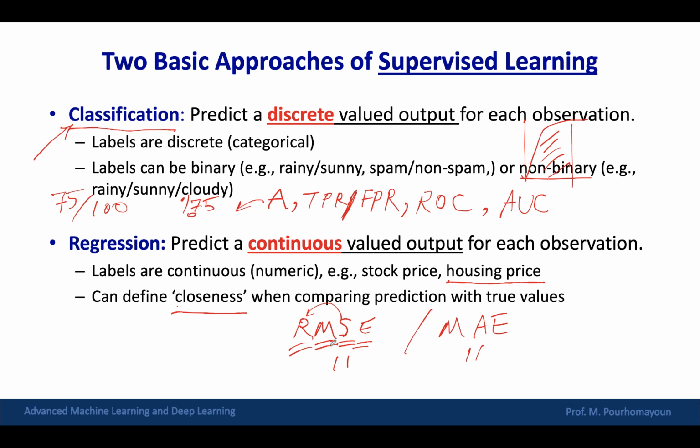So these are some metrics that you use to evaluate performance of your regression. So these are for regression. Remember that. I noticed that some of you in your projects last semester developed and trained a regression model, but then you provided, for example, an ROC curve to evaluate the regression. So this is not a correct way. This is how we evaluate the performance of our regression model. All right.